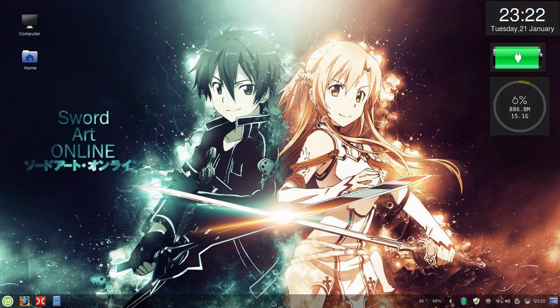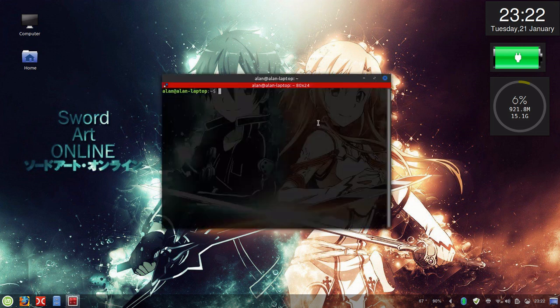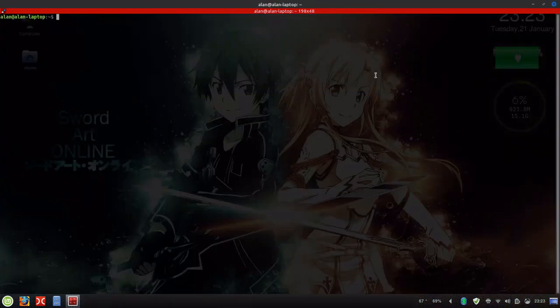So here we are on the desktop, and we're going to start with the terminal command line method, not way, but whatever you want to call it. So we're going to go ahead and open up a terminal. A lot of people may not like terminal because it's confusing, but really, once you get used to it, it's not that confusing. We're going to zoom in, and